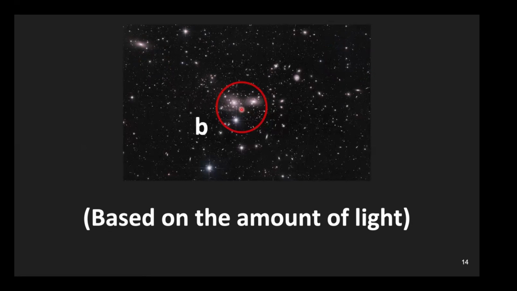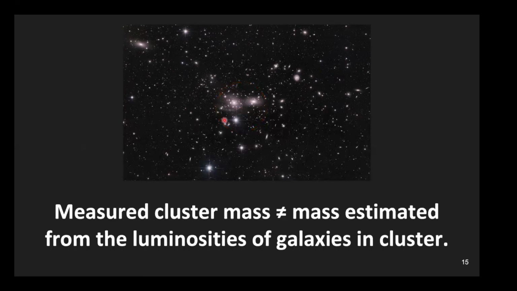However, when they actually carried out the calculations to see where there was more mass in this galaxy, they found out that the measured cluster mass, so the entire mass of this cluster of galaxies, was not equal to what was estimated based on the luminosity of the galaxies in the cluster. So based on how much light we can see, let me put it this other way. The amount of light that we see here does not account for all the mass that exists, meaning